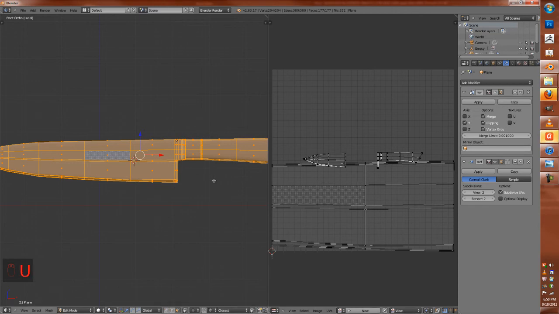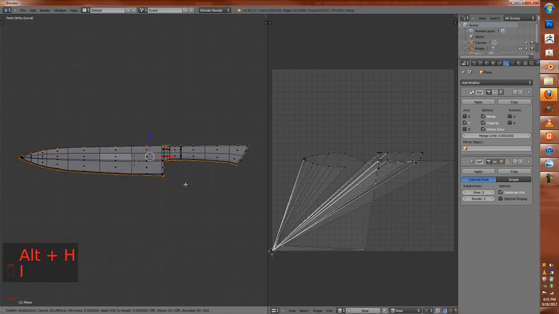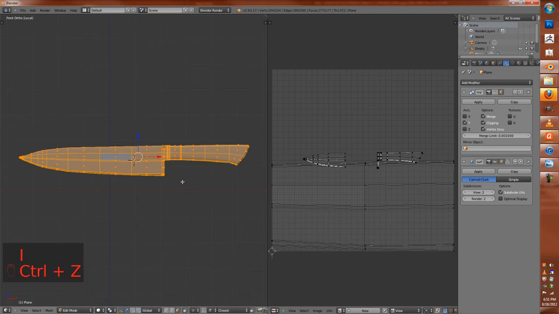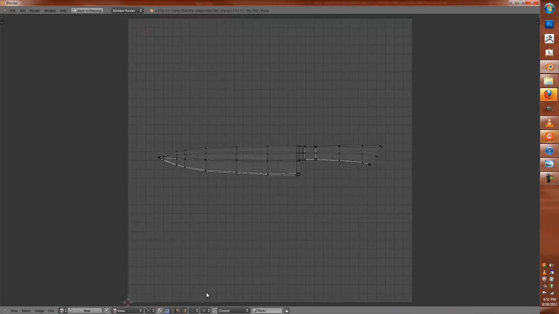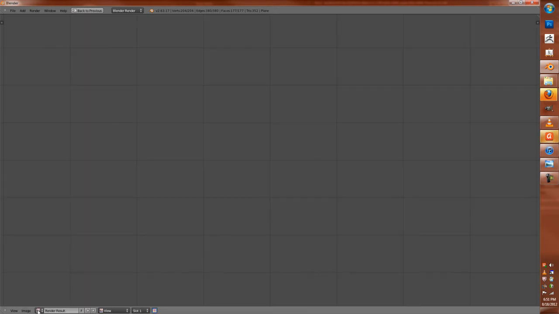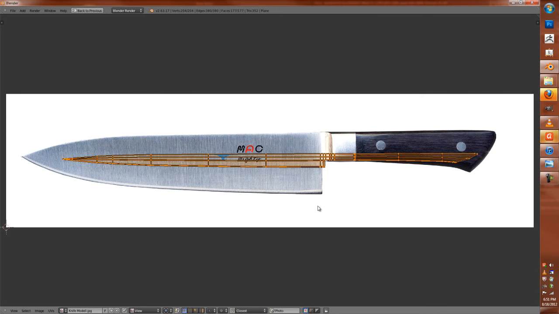So, all vertices selected, Alt H, make sure nothing's hidden. Ooh, wrong button, I think I pressed I. U, project from view. And so now we just have a projection of the knife. So if we go over to the knife model, we see that we now have our model and our knife,